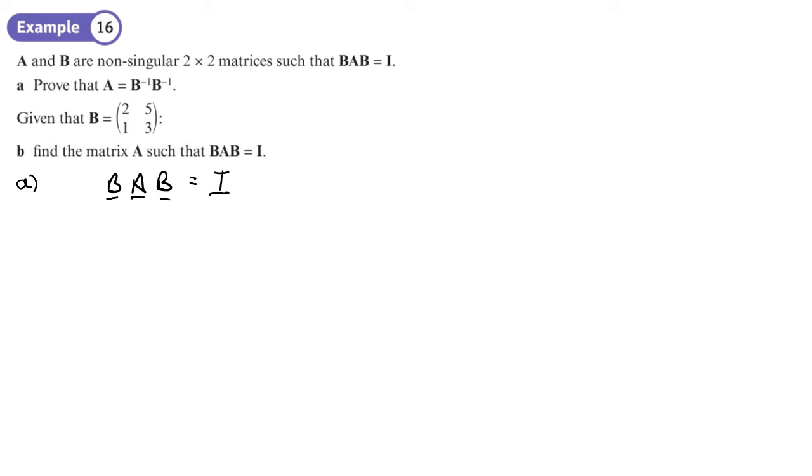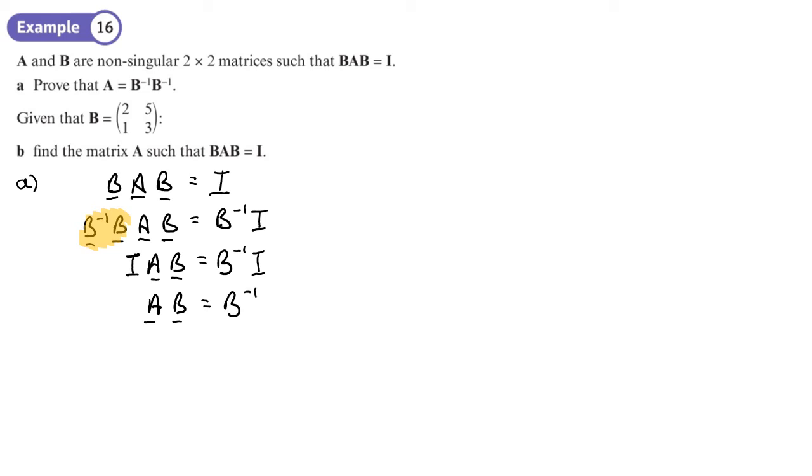Right, so the first thing I'm going to do is to put B inverse at the front of both sides. So I've got B inverse B, A, B. On the other side, I'm going to have B inverse in front of the identity. Now this sort of cancels out; that becomes the identity matrix. Let's write it down this time. So identity A, B equals B inverse identity, like this. I suppose you could say, I'm going to divide both sides by the identity, and that will just leave AB